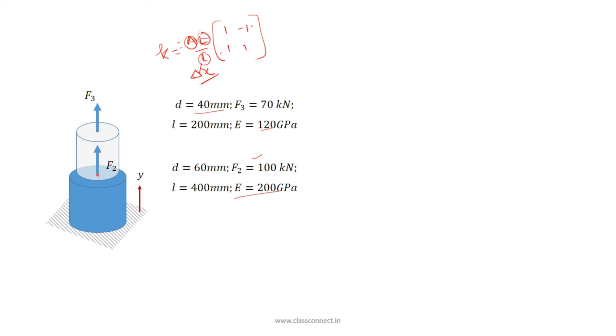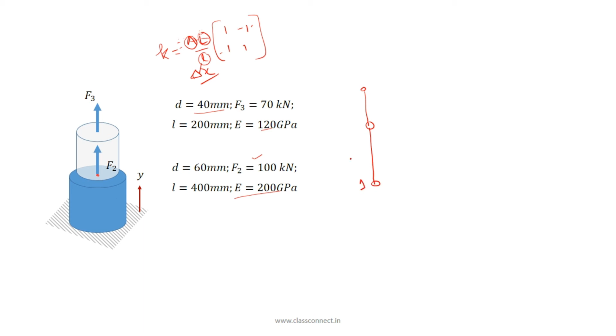So whenever area is changing or modulus of elasticity is changing, we have to create an element for that. So elements are to be created for different element properties, and a node is to be created essentially when some load is applied at that point, or some boundary condition is specified. With this background, we can now discretize this with a minimum of 2 elements and 3 nodes. So this is how the discretization will look.